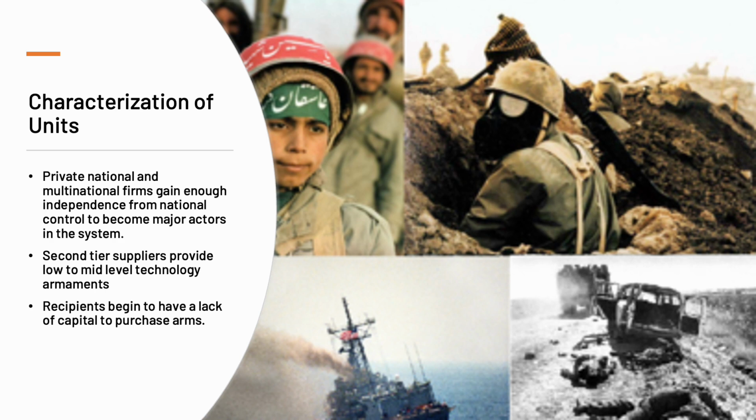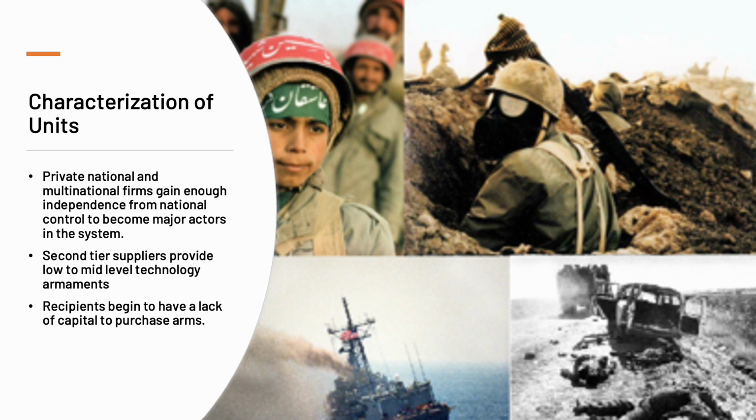We are also seeing second tier suppliers provide low to mid level technology armaments. So at this point in time, you're seeing your major powers producing those really high tech arms, but you're seeing second tier suppliers being able to provide low to mid level tech. So there are more suppliers, but there's only a few for the high tech goods, and everybody else is kind of producing those lower to mid tech